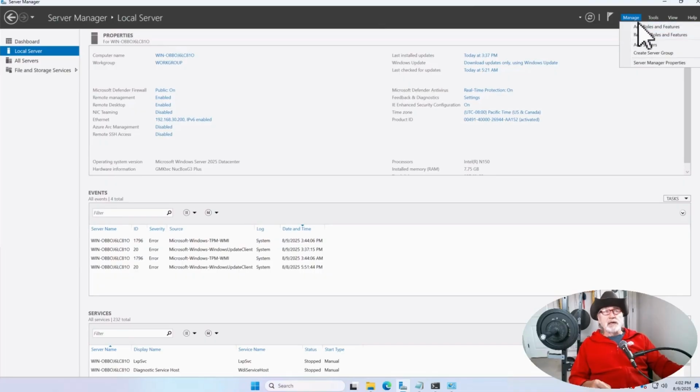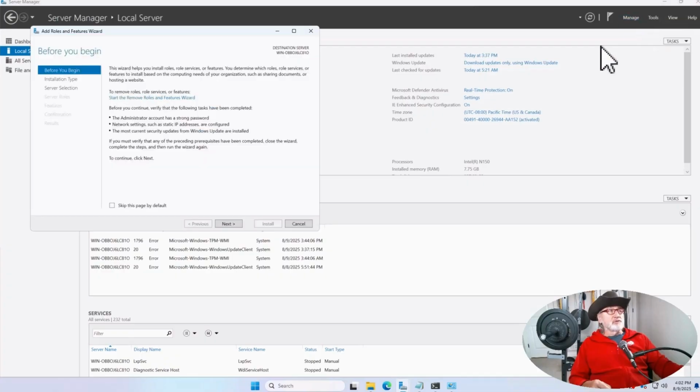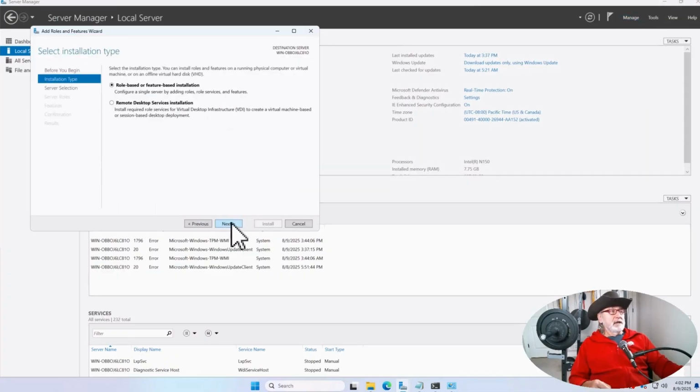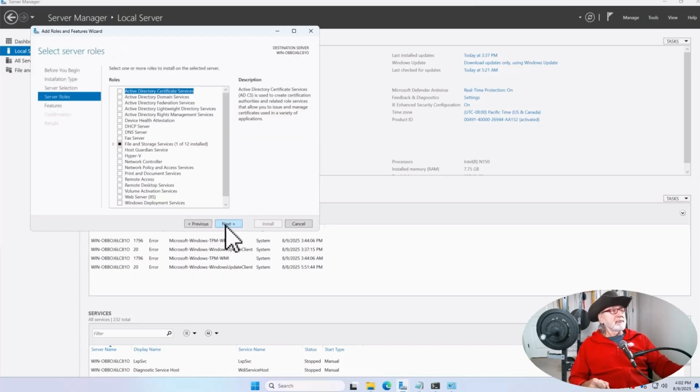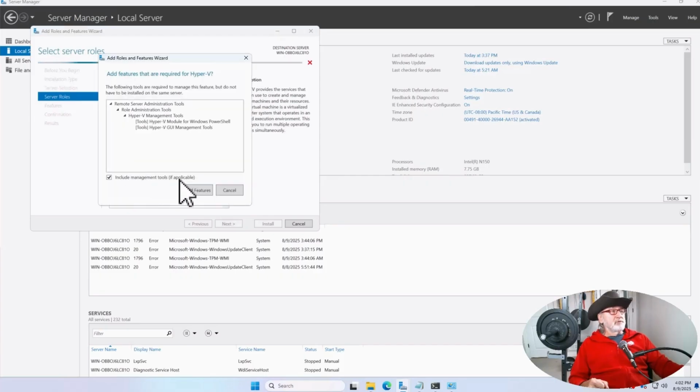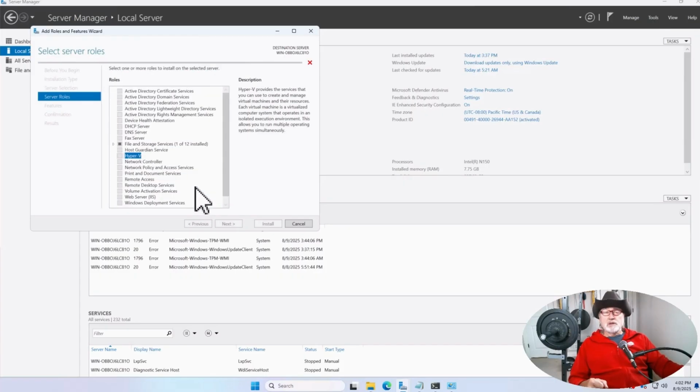So up here, Manage, and Add Roles and Features. And Next, and role-based or feature-based installation. And we're going to take the only server that's there, which is the one that we're on. And we're going to click Hyper-V. Then you click Add Features. And this takes a bit to come back. And when we do Next,